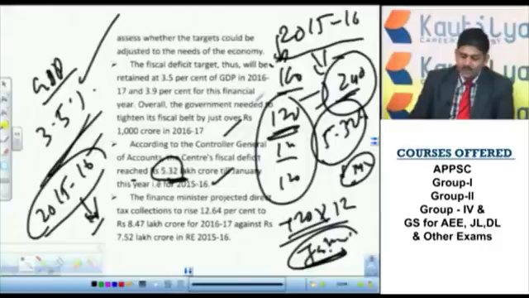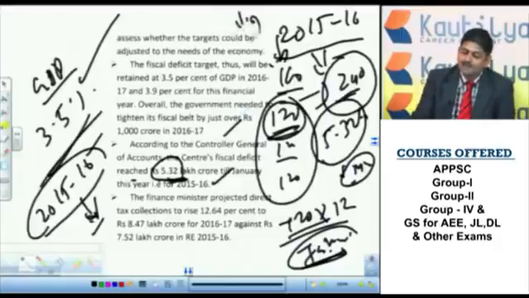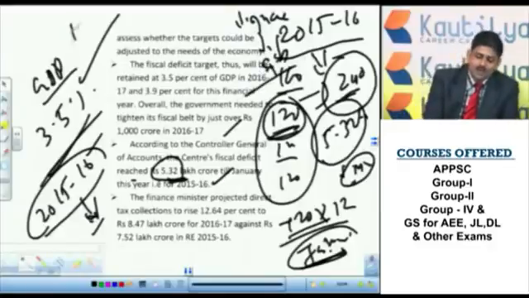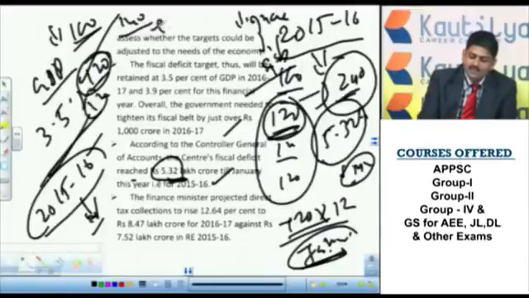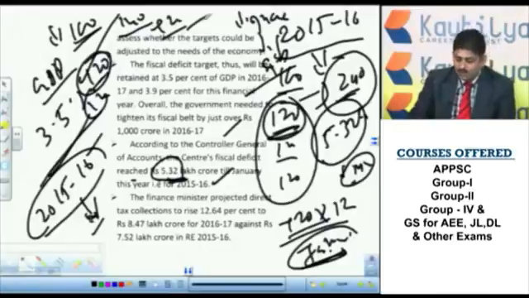So in order to control this, two operations are there: either increasing our income or decreasing spending. It's a general one. Every time I am getting 100 rupees and spending 120 rupees, either I have to control this extra 20 rupees or increase my income. Maybe if I go to 140 rupees while spending 120 rupees, I will still be in surplus of 20. So this time the Government of India projected two ways: reducing the expenditure and increasing the revenues. That is the aim.